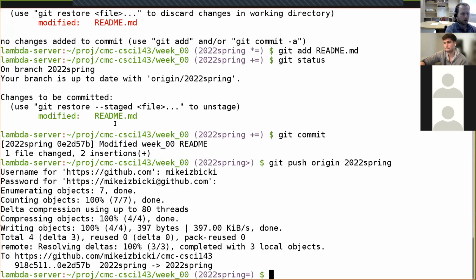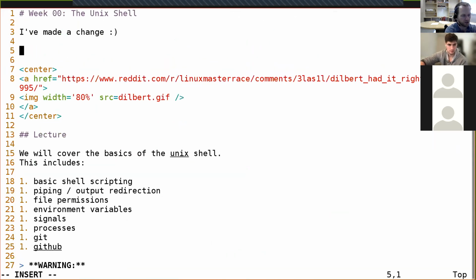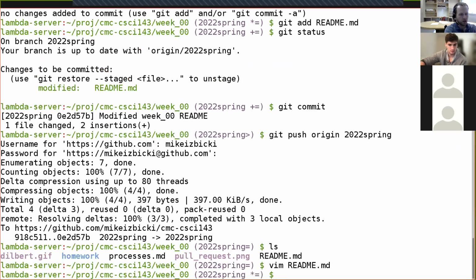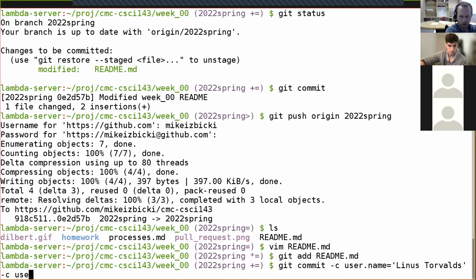Okay. So I promised I was going to make Linus Torvalds one of our contributors to this project. So let's real quickly add this. I've made a change. Linus made a change. Escape :wq, enter. We've made a change to our repository, so I need to do git add readme, now I do git commit, and there's these special commands that I can do. This -c stands for configuration, and I can set user.name equals Linus Torvalds, and -c user.email equals Linus's email, torvalds at